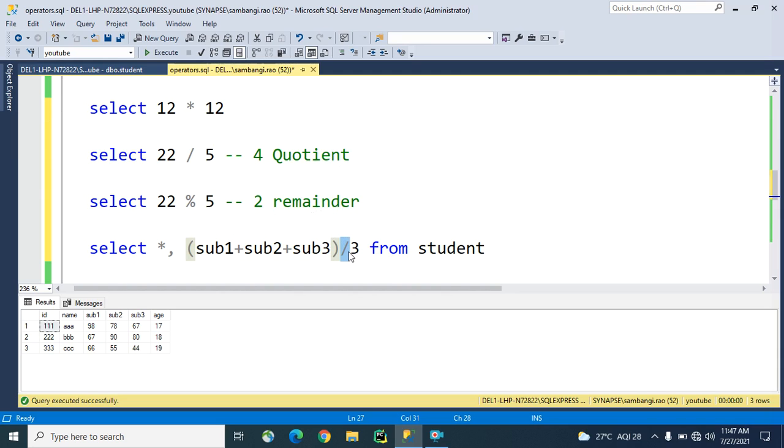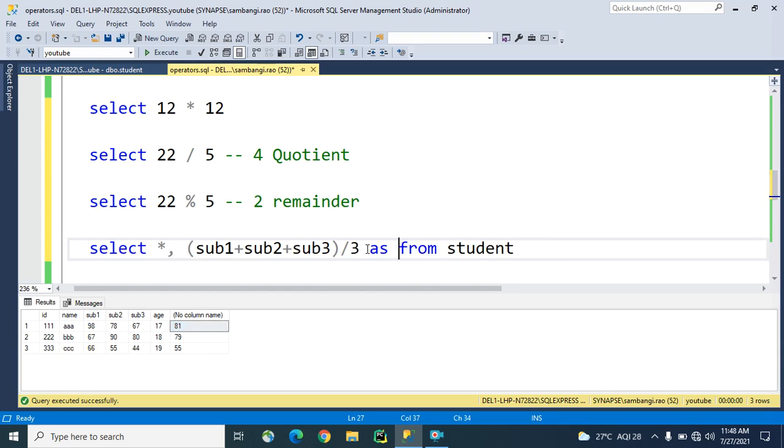If you don't want to mention any column name here, then definitely it will be shown in the result with no column name. Just see, guys, this is average marks, no column name. 81 is the first student's average score.